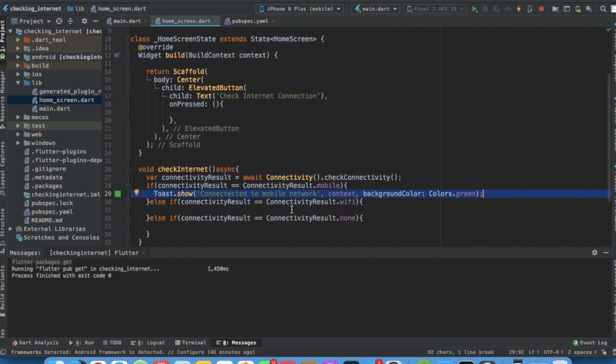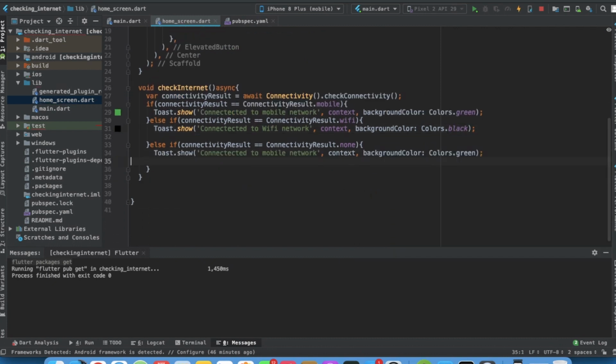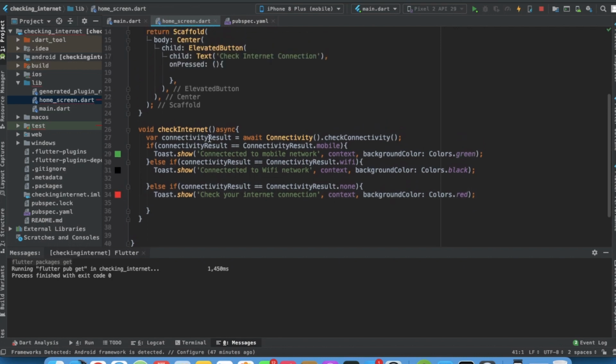Then if you are connected to Wi-Fi, I'll copy this toast and write connected to Wi-Fi network, and this will be blue. I'll copy the toast again, and for none, I will write check your internet connection, and this will be red. Okay, and I'll call this checkInternet function in our onPressed.